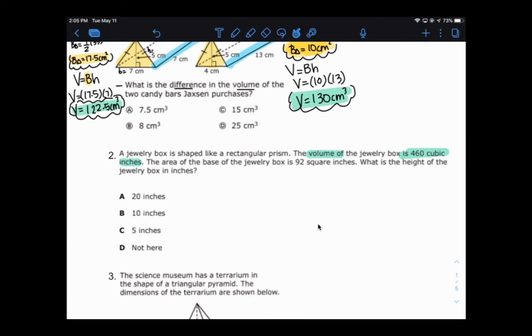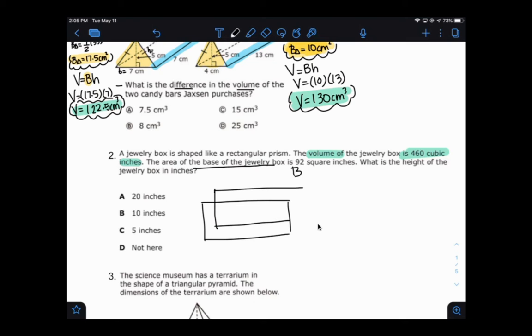And so it says the area of the base. Oh, they're also giving us the B. Area of the base of the jewelry box is 92 square inches. What is the height of the jewelry box in inches? So if I imagine this, like a rectangular prism, something, right, and then they're telling me that the